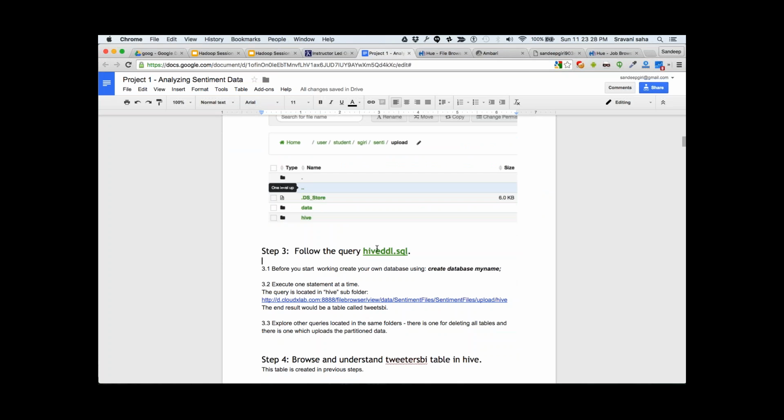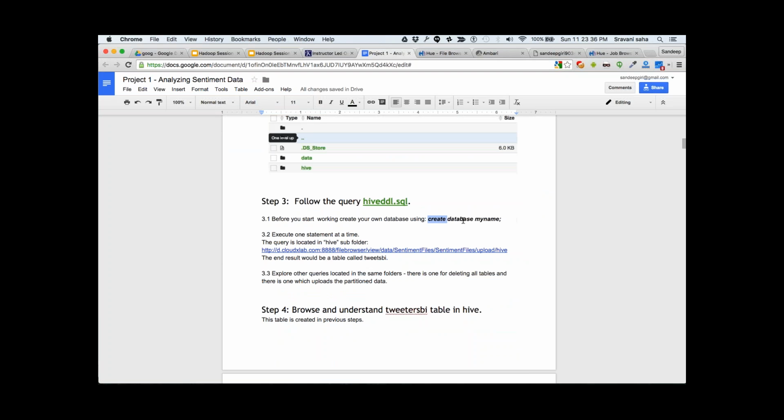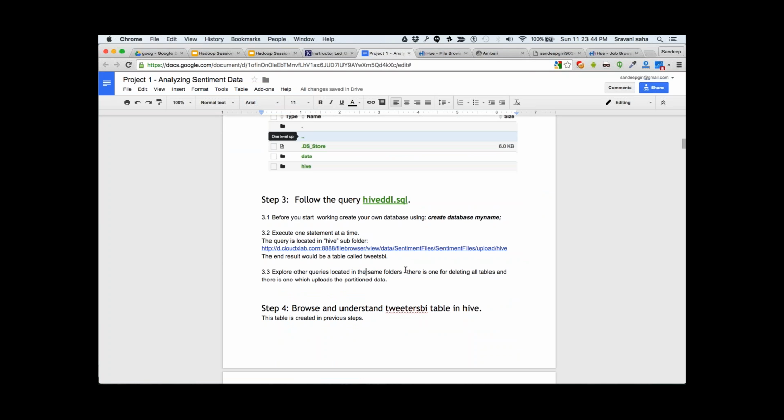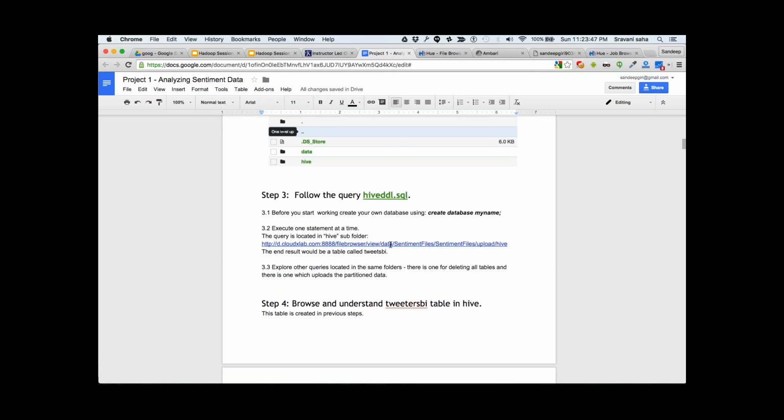You can have a detailed look at this query, but before doing anything you should create your own database. Then you go through the query, understand it, and run the query one step at a time. The end result of this query is to